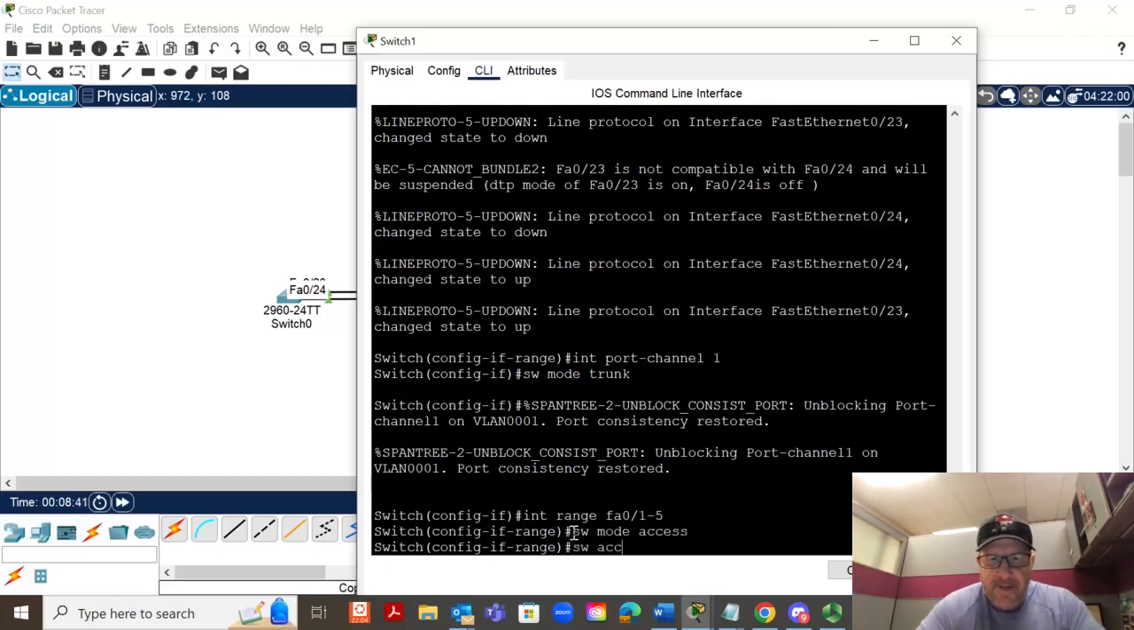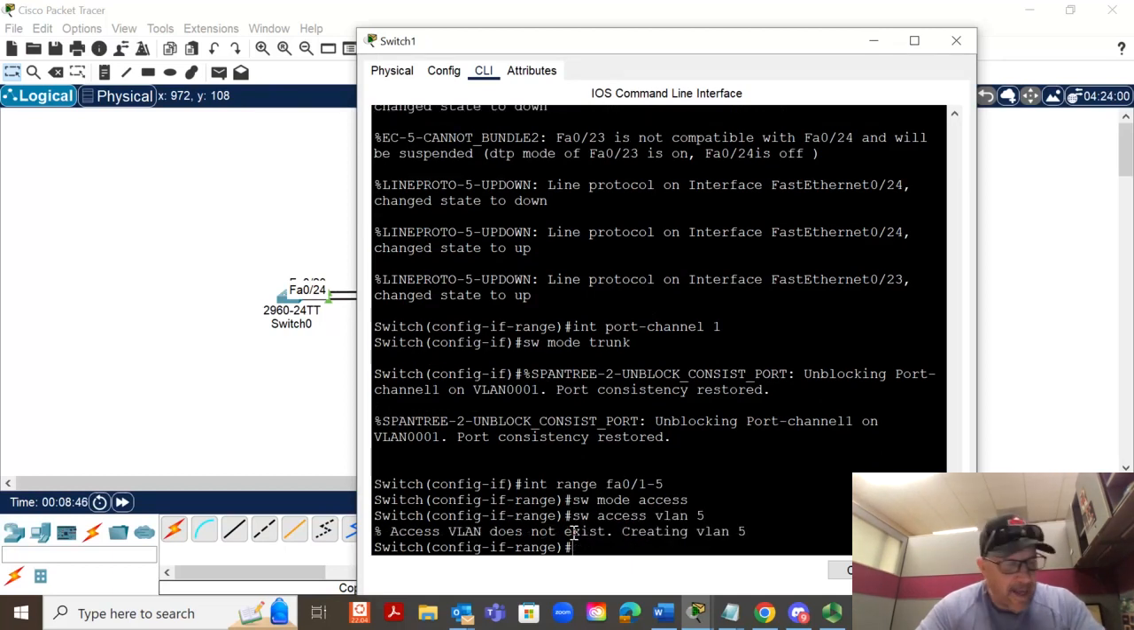And then switchport access VLAN 5. Okay. Now, we're also going to configure port security for ports 1 through 5. We're going to type in switchport port-security,